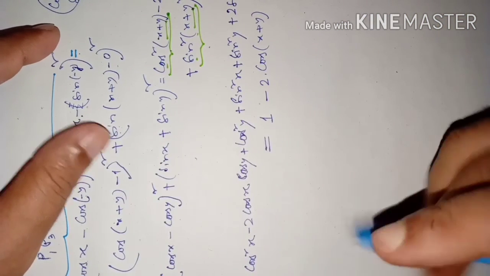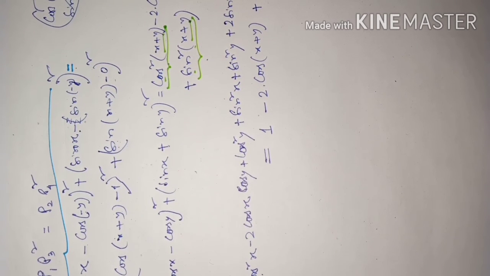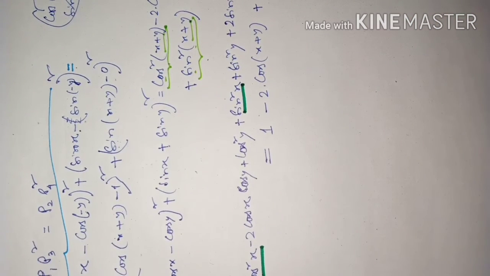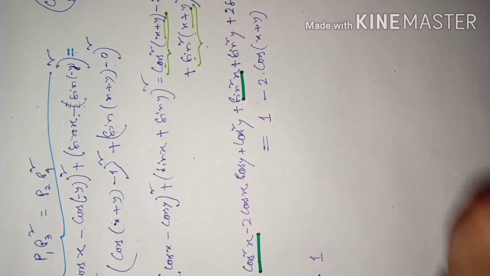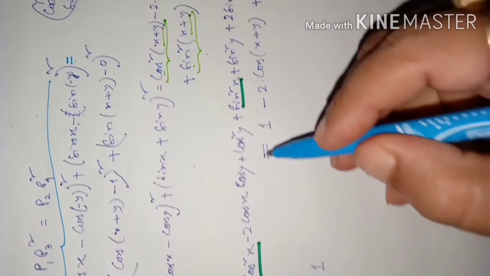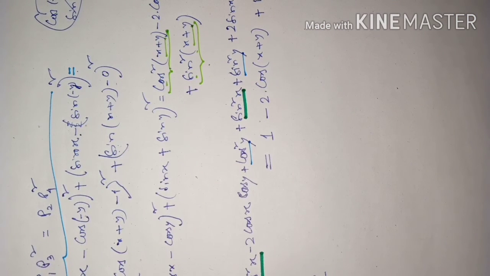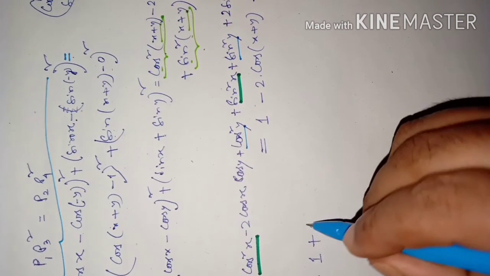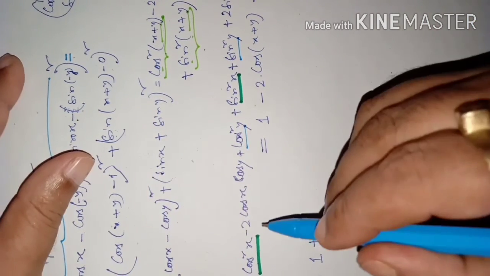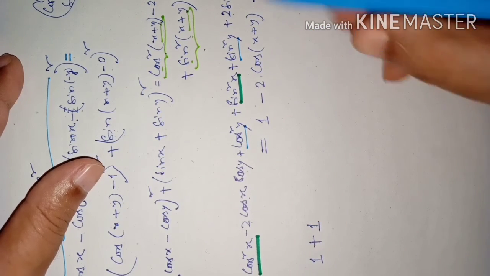Now dear students, you see here cos square x, and I underline with the same color, try to understand. This cos square x and this sin square x together make another 1. Then I will underline again with the same color: this cos square y and this sin square y are also together making 1. Cos square theta plus sin square theta. Then you have minus 2 cos x cos y plus 2 sin x sin y. So the positive term is here.